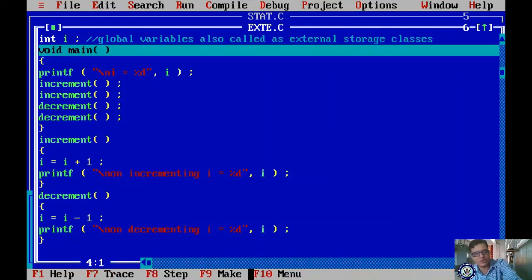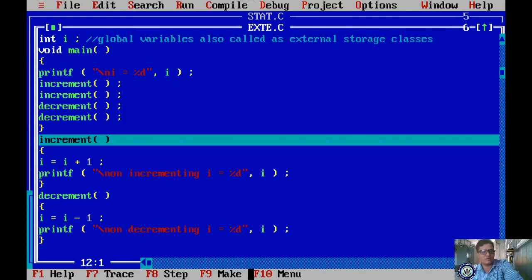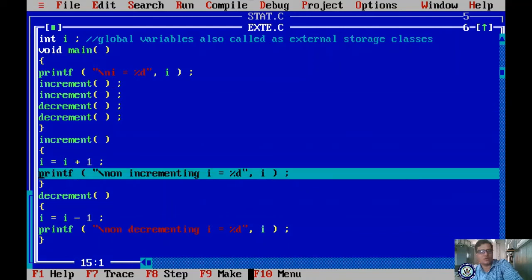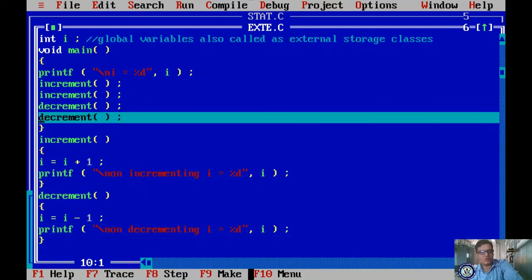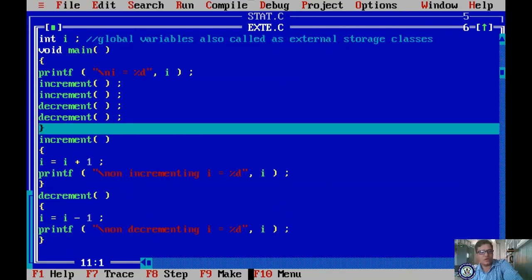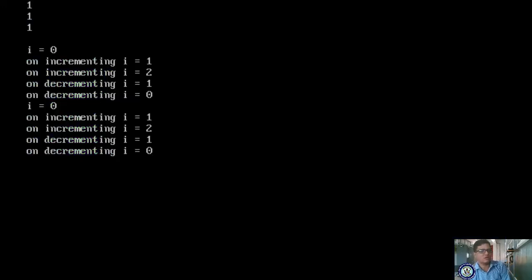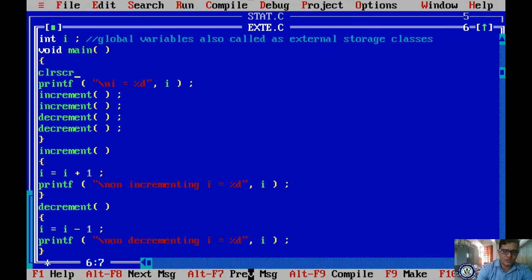So to understand this sequence, let us run it. It is displaying, it is calling the function. When it calls, the value will persist. So hence the program ends, and if you see this output, you are seeing here that it is also showing the previous program, because you have not given the clear screen, right? If you provide the clear screen and getch, then you will get your appropriate output.